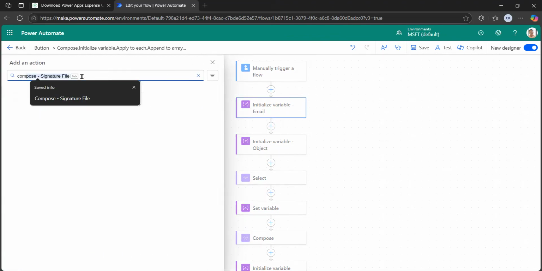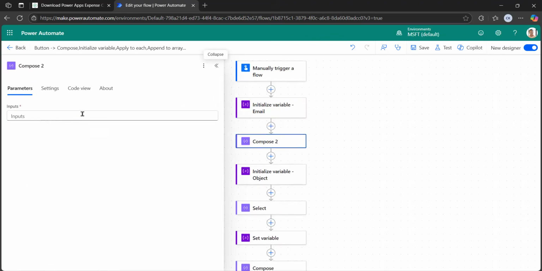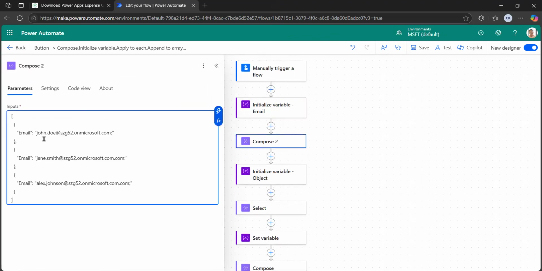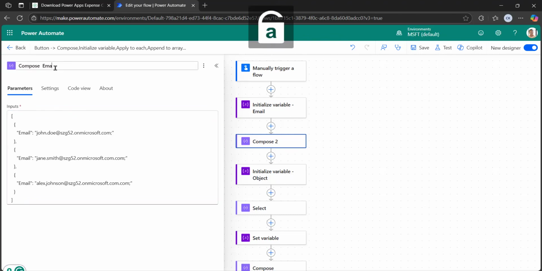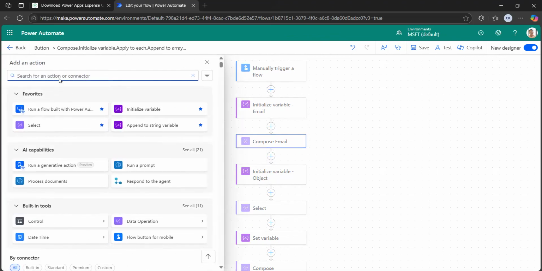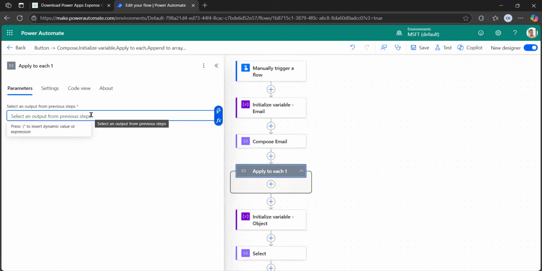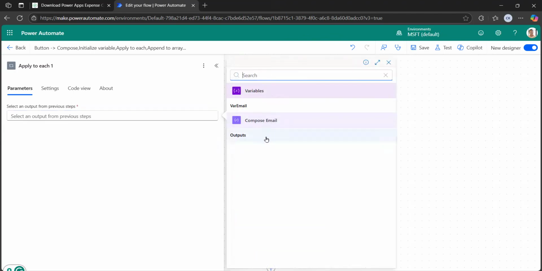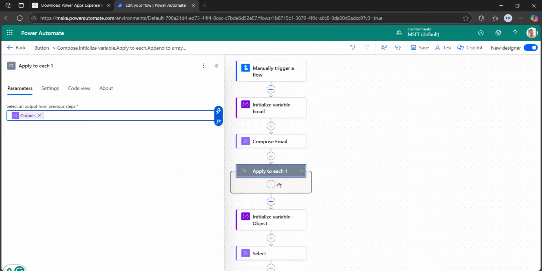So let's take a compose action where you can store the array values. I'm storing here the email. As you can see, this email has three items where it has been separated with the semicolon. I will rename this compose to compose email. So now we have the empty array along with the original array, and then take apply to each loop. Select an output from the previous step here, that is from the compose email. Take the outputs from the compose email, and then